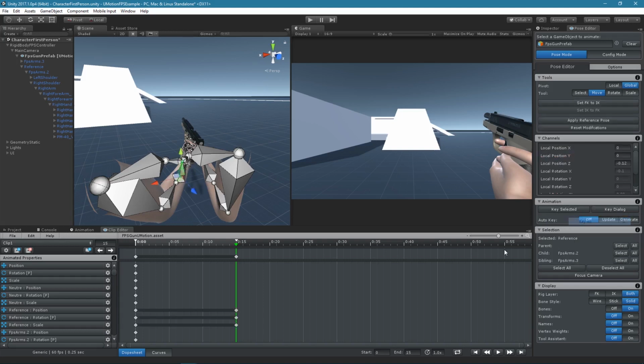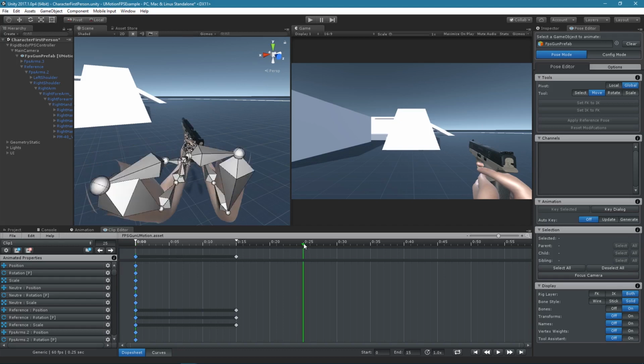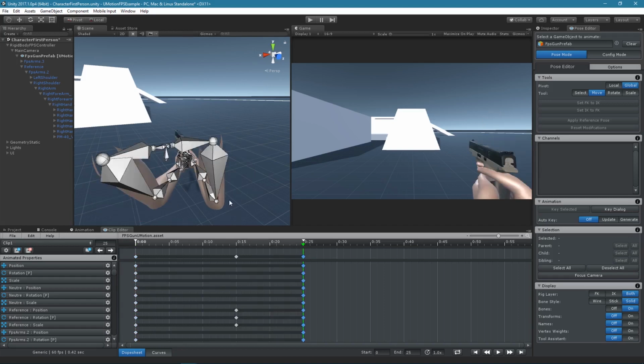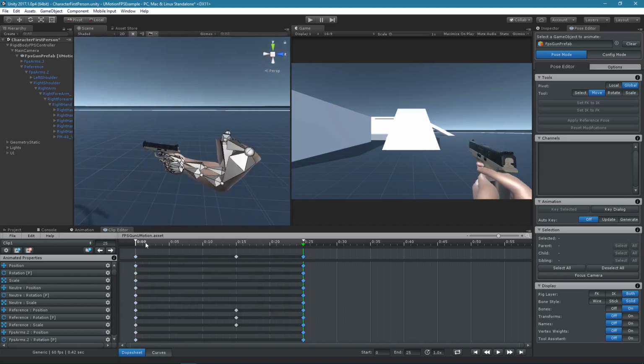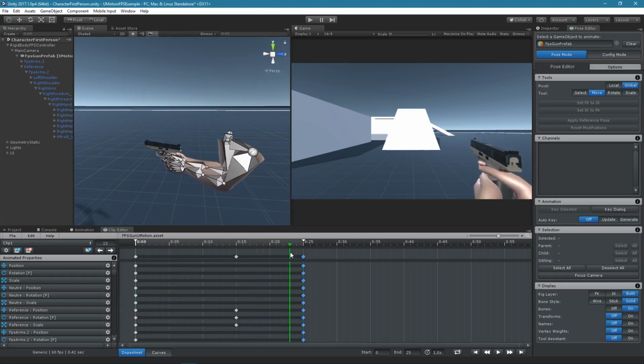Our last pose will be the same as the original pose. Let's select all keys by clicking on the Master key at the top. By pressing Ctrl C, we can copy all selected keys. Move the frame cursor by clicking somewhere on the time ruler and paste the keys by pressing Ctrl V. Click into the time ruler and drag the frame cursor to preview the animation. As you can see, I think it already looks pretty good.